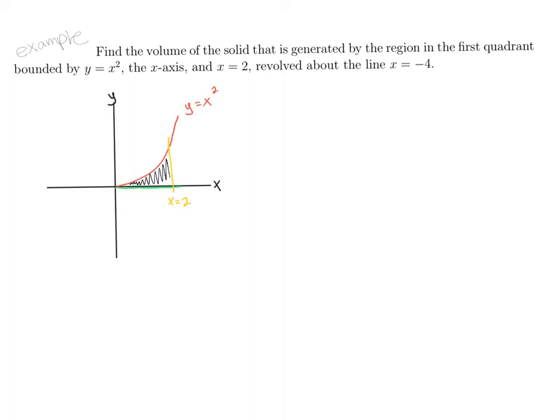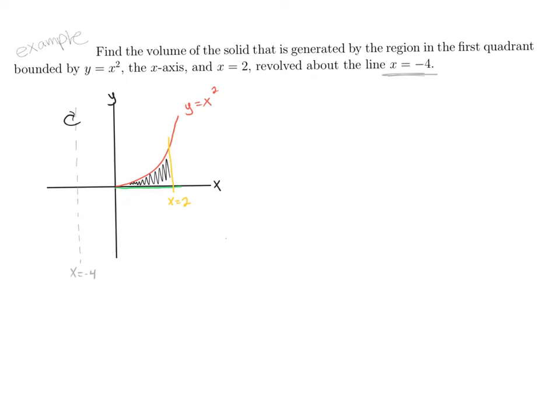And now we want to think about what it is that we are going to revolve this about. So it looks as if we are going to revolve this about the line x equals -4. I'm going to draw that in a dotted line so we can realize that that is not part of our bound. It's not part of our region. So this is the line of revolution. If you can see, this is almost like revolving this around the y-axis, only what's happened is it's shifted over,